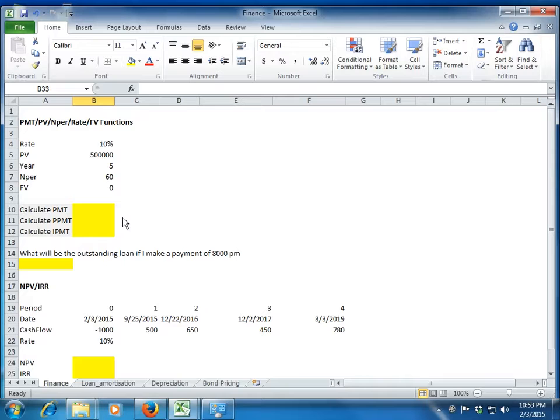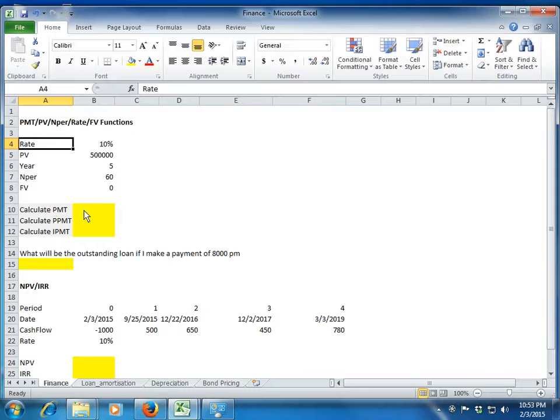So in today's class we will understand some of the finance functions which are inbuilt in Excel. These are simple functions, not so complicated, but knowing that these functions exist in Excel is good. Okay, so let's start with a few of these functions. We will start with PMT, but we will see that we can use any of these functions instead of PMT